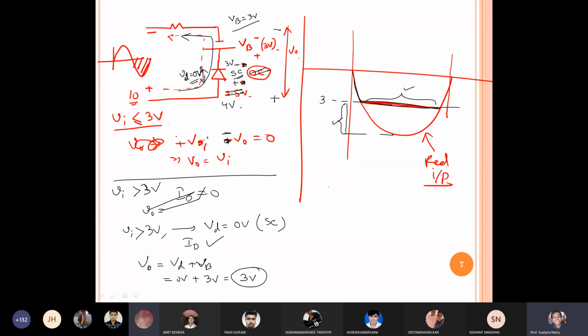Sir, if you add a capacitor. Have we taken a capacitor here? Do not ask any question about capacitor. We will come one by one, because I have not yet given why it is called a rectifier. I have not given that answer yet. Because we have to learn all topics, then we can decide which one is rectifier, which one is clamper, which one is clipper, which one is peak detector. We have to define everything. So as we didn't put any capacitor, do not ask any question about capacitor. Just focus on this circuit. We will go step by step.